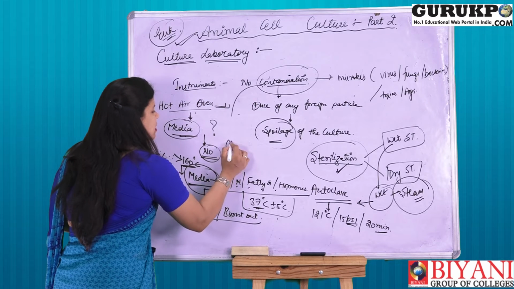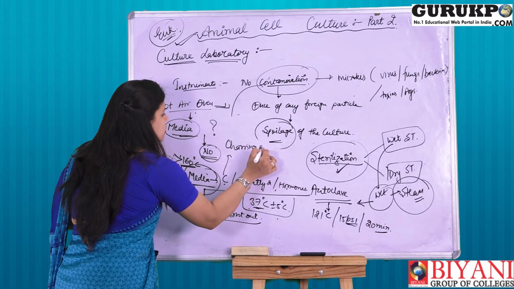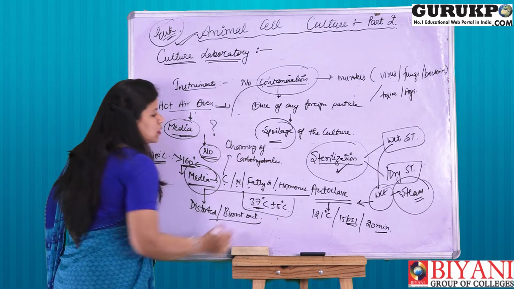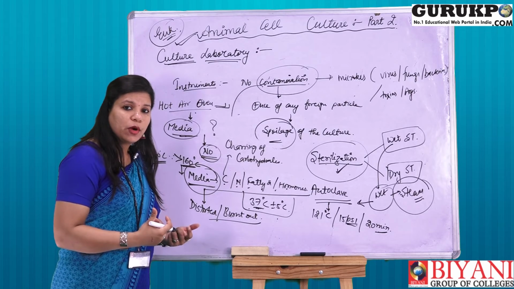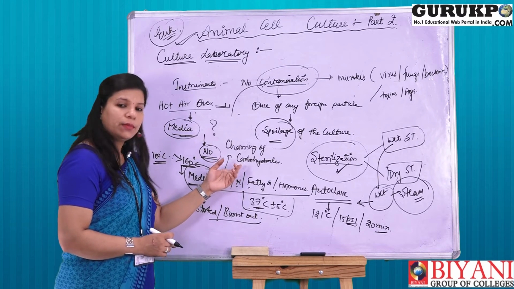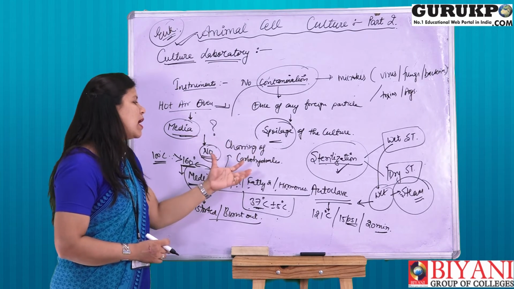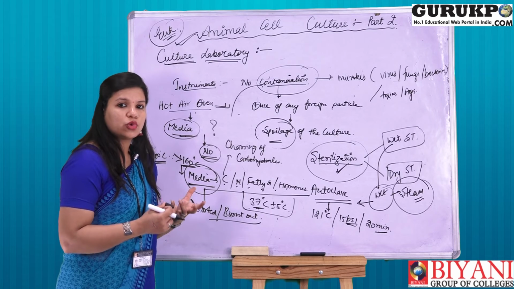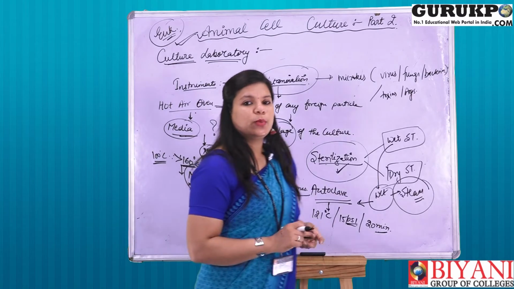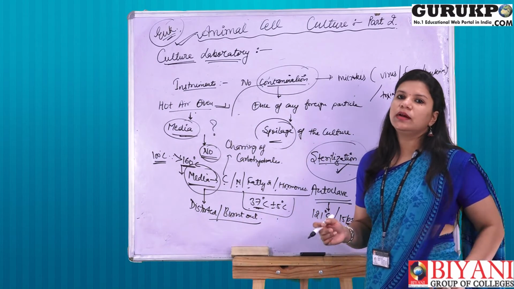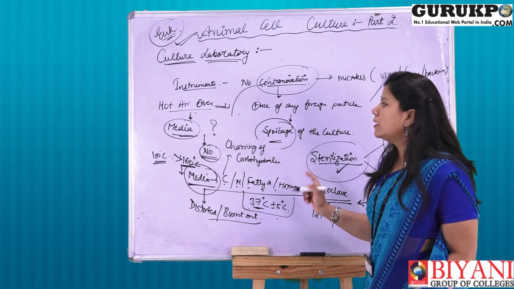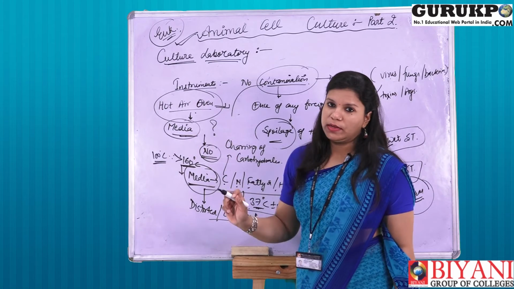The main reason is the charring of carbohydrates, and the basic source of carbon inside our body or any animal body or any microbial body is the carbohydrate, and if the source of carbohydrate is burnt out or is being destroyed, then there is no sense of providing the media. So make it very clear, whenever you are using the animal cell culture techniques and you are about to sterilize the media, never ever use hot air oven, right?